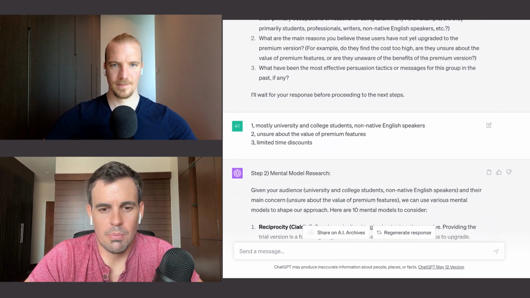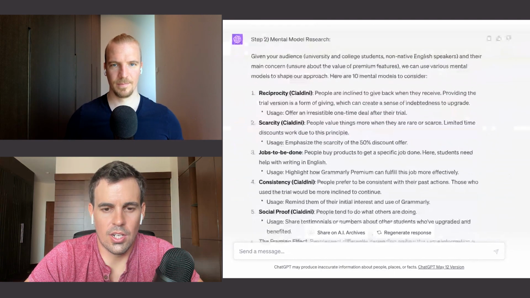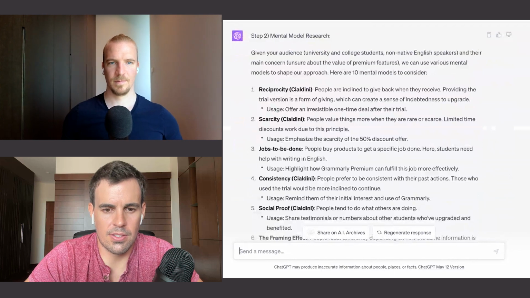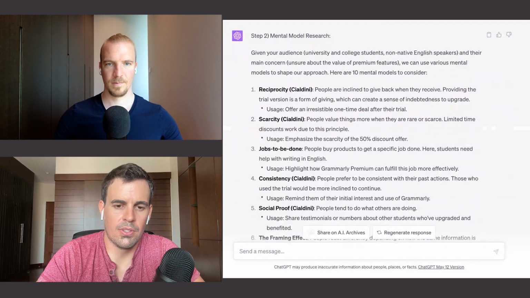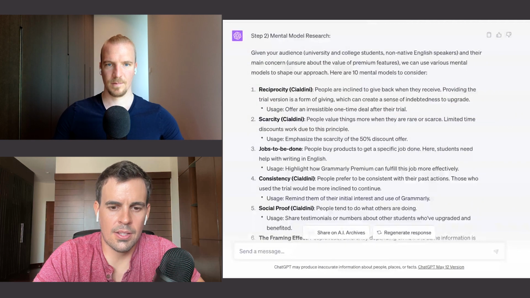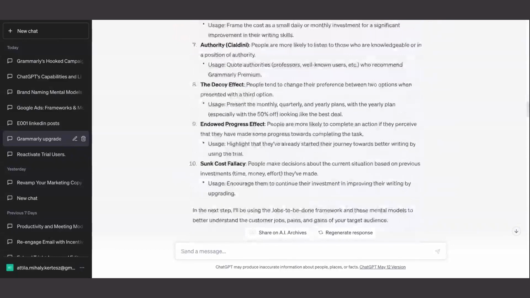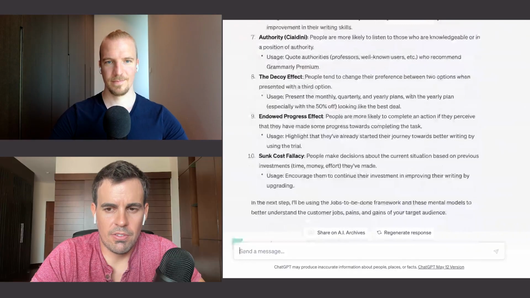And I also included: please make sure to use Cialdini's principles and jobs to be done. They start with reciprocity, scarcity, consistency. We talked about them in a previous episode, and also the jobs to be done. But it also mentions a few other mental models, like the decoy effect. So people tend to change their preference between two options when presented with a third option. The standard example is like you have a small soda which costs like $2. You have the medium one which costs like $5, right? If you add a big one which costs like